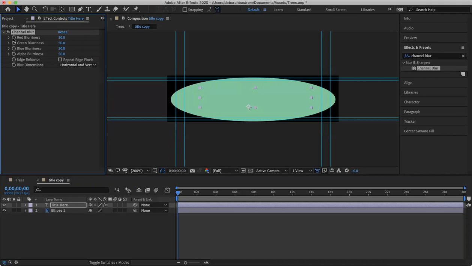So to set the first keyframe, we want to click the little stopwatch here for all the red, green, blue, and alpha value blurriness. And I'm also going to change this to just vertical. You see, you can do vertical, horizontal, or vertical and horizontal, but for this, I'm just using vertical. The next step